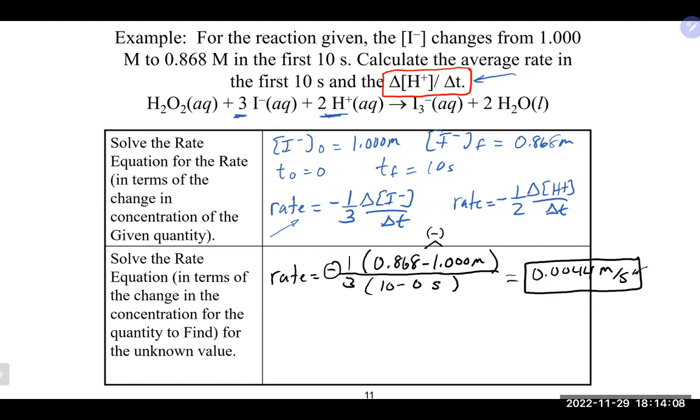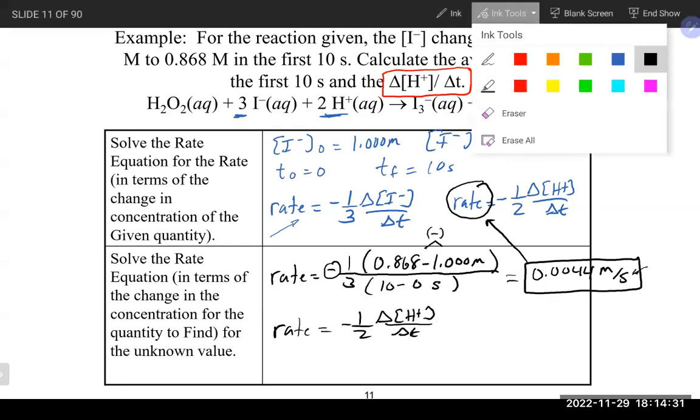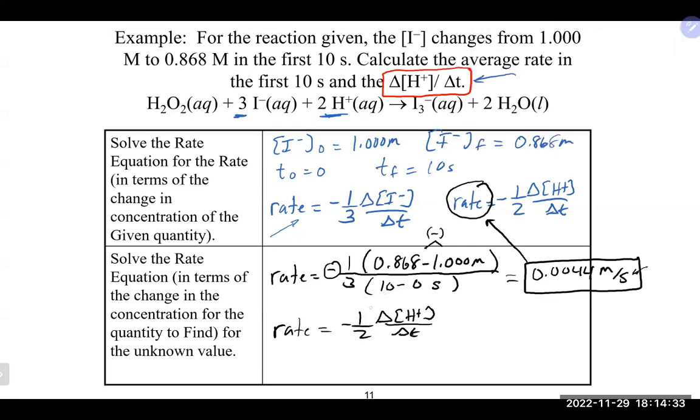So now that we have this rate, that rate is actually this number right here. By using that information about I minus, that gives us that value up there. And the rate here would then equal -1/2 change in the concentration of H plus over the change in time. So in this second part of the question, we're really looking for this value. That means we want to put in our number, which is